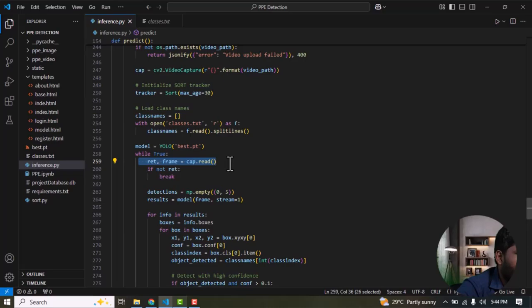If a frame is not available, then it is false. If a frame is not available, then stop the execution. Detection is a variable used to store the bounding box coordinates such as x1, y1, x2, y2, and a confidence score. In the model function, we need to provide the input frame to the model,